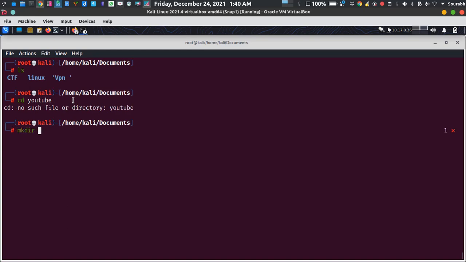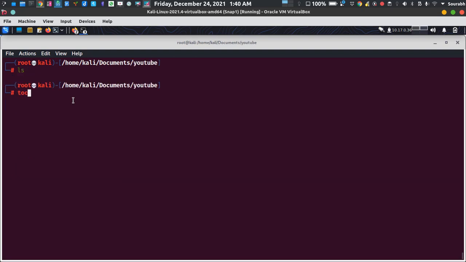Let me just create a directory for YouTube itself. Go to a particular directory. Okay, let me just create a file, and the file name will be permission.txt. When we create this file, we need to find out the information about that particular file by the relevant permission one.